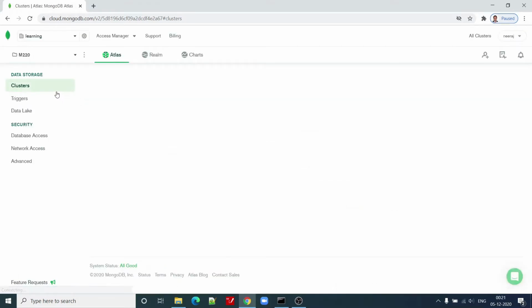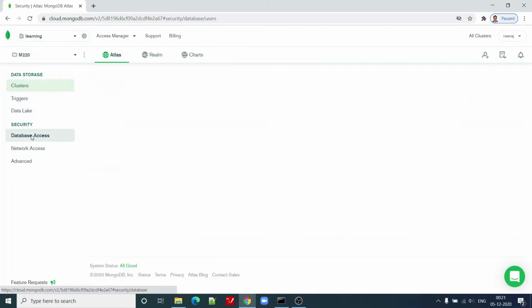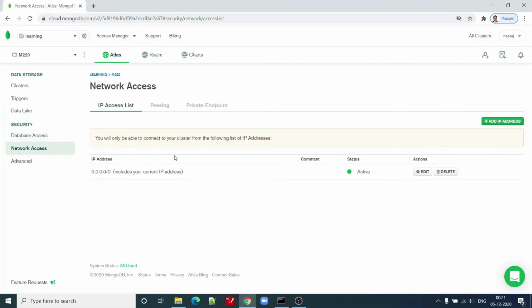I have shown you the organizations, projects, clusters, right? Now let me show you that database access can also be managed here, right? Add new database user. So these are the users at the database level. Then network access, how I want to restrict access to this cluster or MongoDB Atlas, right?